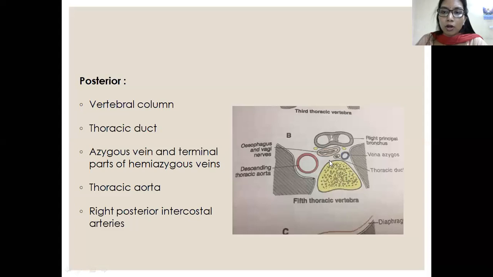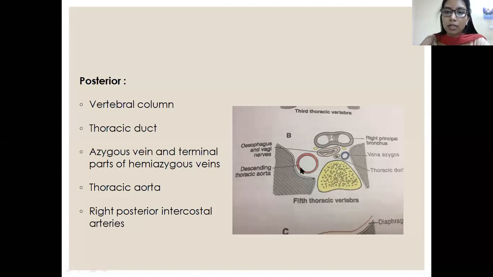I'm sure you're aware that your thoracic duct crosses the midline posterior to the esophagus and comes to the left of it. So initially it is a right relation, but going further down it becomes a left relation. This is something to do with the course of the thoracic duct.